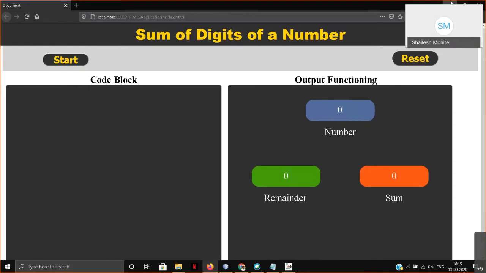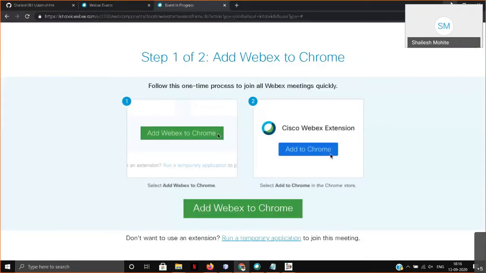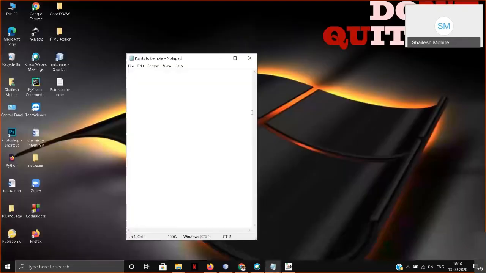Then the next point is we should start with the content of HTML, right? So what is HTML? It is a specially designed text for web browsers in the English language. It has some advantages. It is not case sensitive.